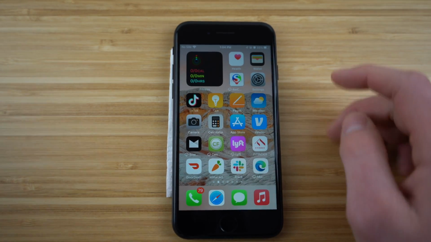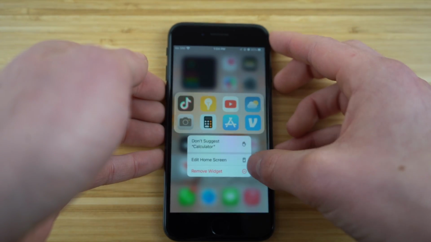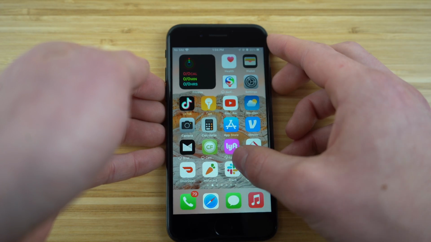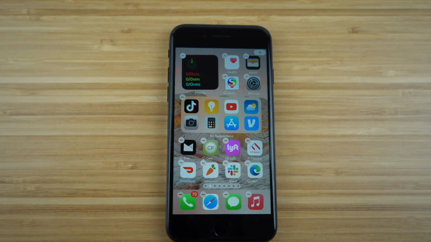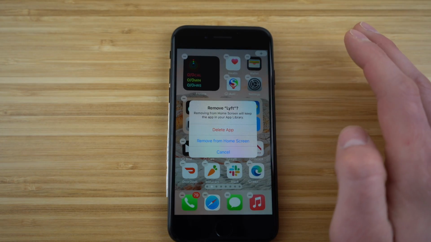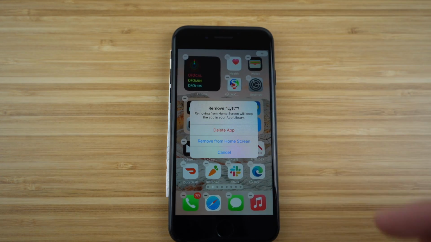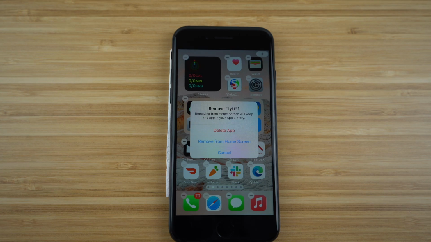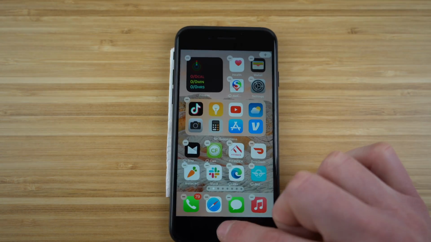And while we're at it, you notice when I hold down my home screen like this, you're going to see that all these apps have the minus button, the option to delete them. So if we click, for example, Lyft right here and choose delete, we have the option to either remove Lyft from the home screen or delete the app. So if you delete the app, you're going to have to go back into the App Store to re-download it. But if you remove it from the home screen, it's just going to no longer appear on the home screen,